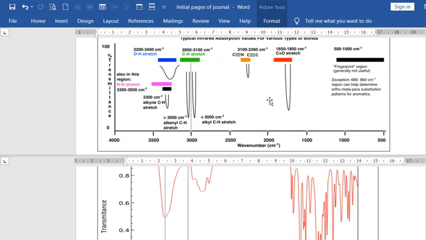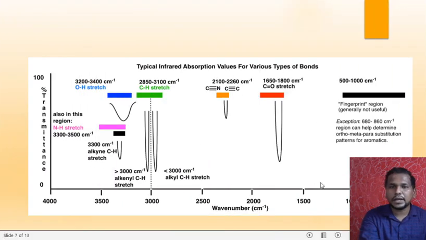This image is going to help you a lot. It shows what the peak shape is, where exactly it is located, and all these things. So this is the big picture, or the main theme of the IR spectra. You have to refer to this every time you interpret.